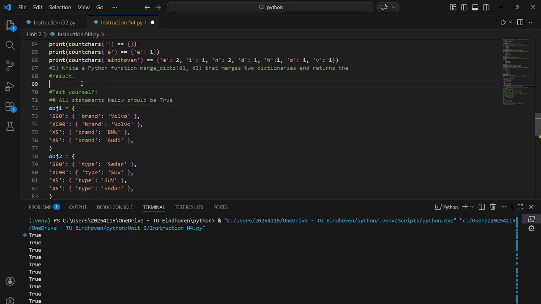Write a Python function merge dictionaries that merges 2 dictionaries and returns the result. All right, I would say this is quite tricky. At the very least, it is for me. But let's give it a shot. So define merge